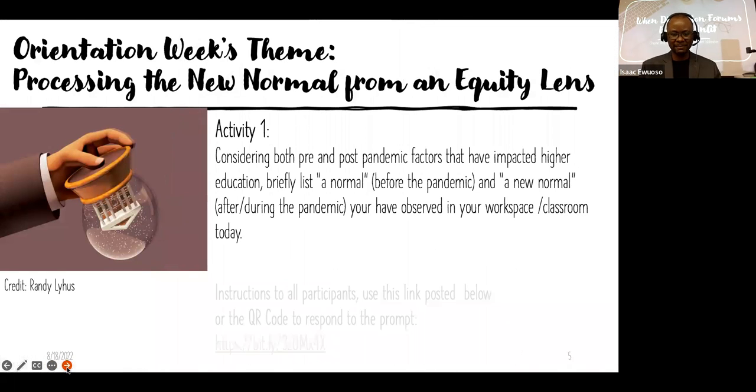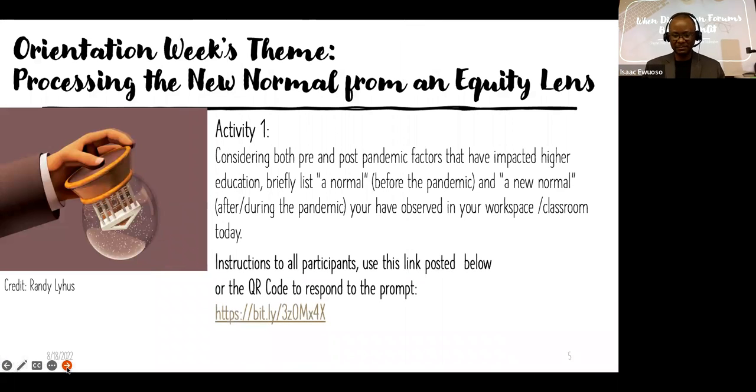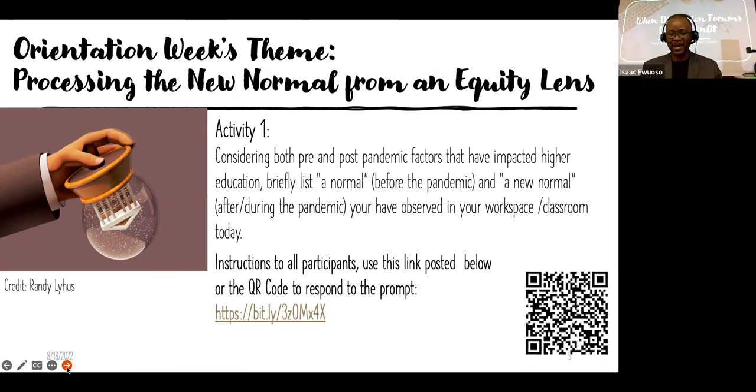And so without further ado, here is the activity that I have. To complete this activity, here's what I want you to do. There is a QR code for this, and there is a link for this. If you're joining us online, you can use your QR code to capture this. Or if you do not want to use your QR code, you can use the link below, and that would help you.